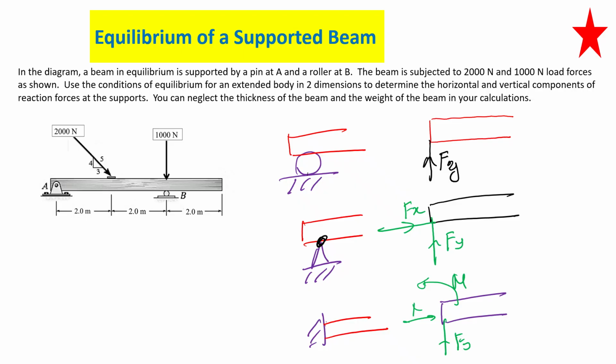So these support reactions, we should know how to find. The fixed support has 3 unknowns, pin support 2 unknowns and roller support 1 unknown. Okay, so first thing is, when you have a beam question like this, even for trusses, you first need to identify